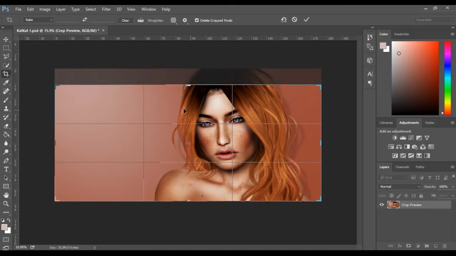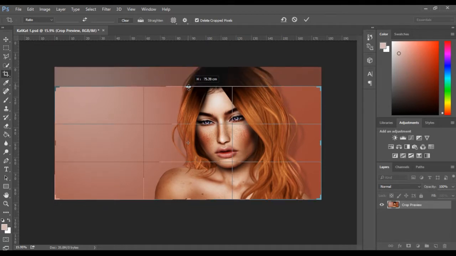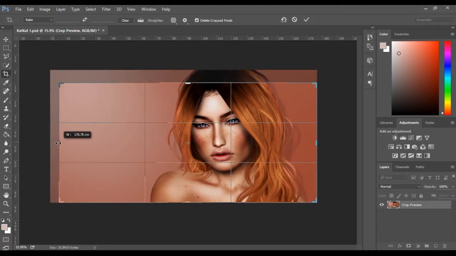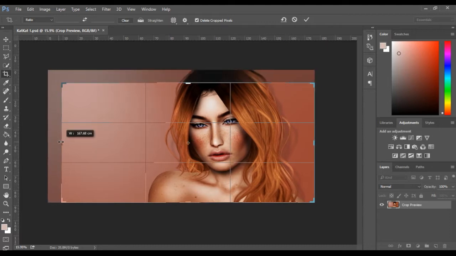Something like that. Yeah. Yep, this is it. This is going to be my cropping. I've decided. So then if that's going to be my cropping,